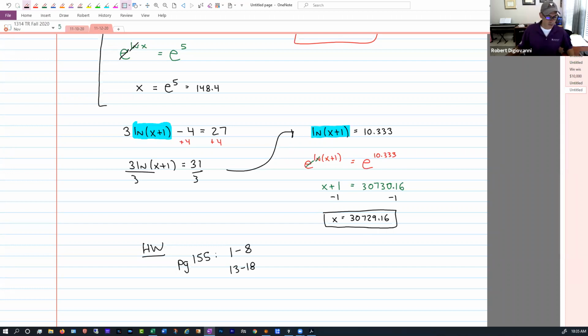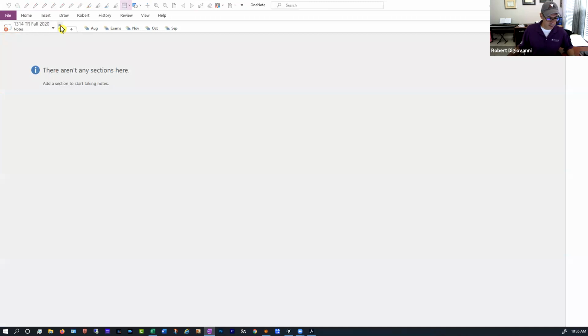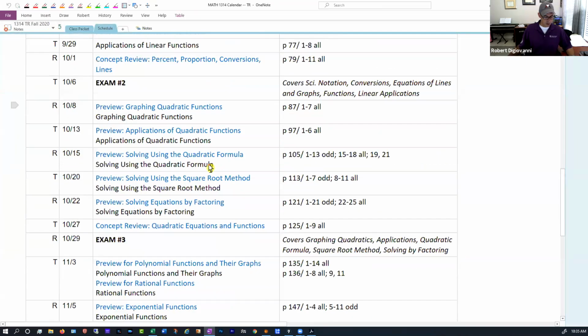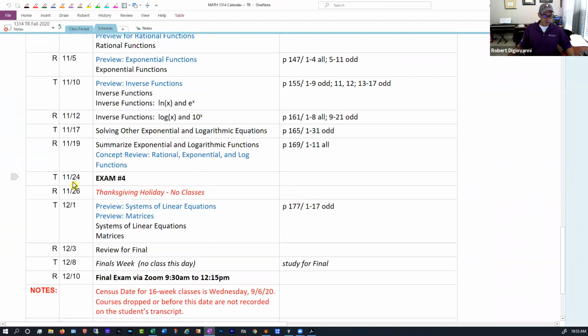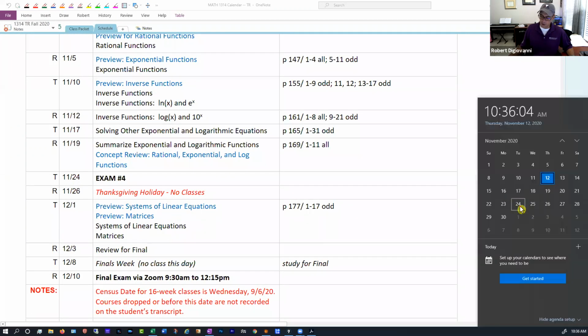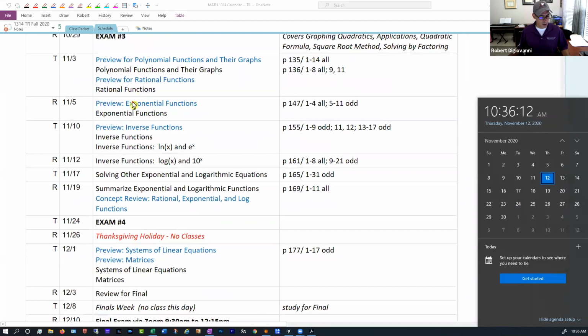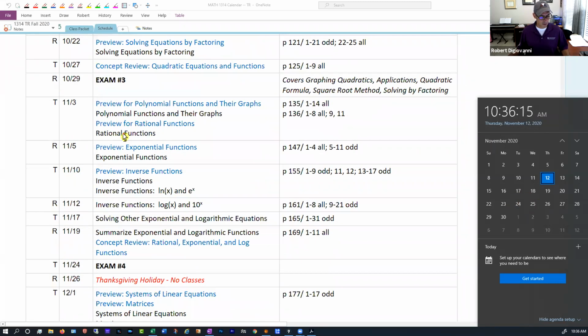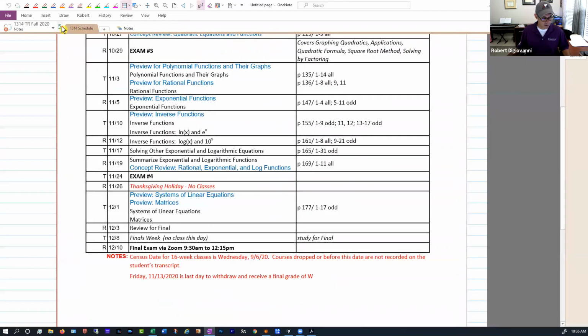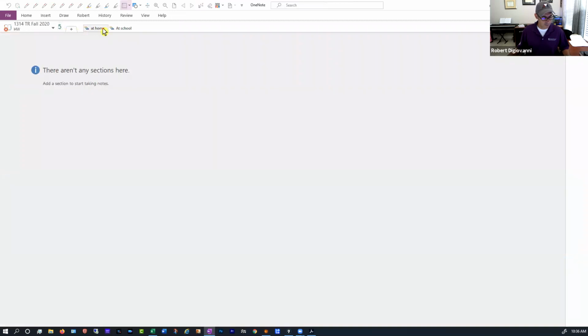Those are the types of problems that you'll see on your next exam, which by the way is scheduled for the 24th, which is next Tuesday, right? Is that right? No, not next Tuesday, the following Tuesday, right? So we still have a little bit of time. We've talked about exponential functions. We've already had a test. What was our last test? Hold on, I need to go back and look. I've lost track of myself here. Did our last test cover